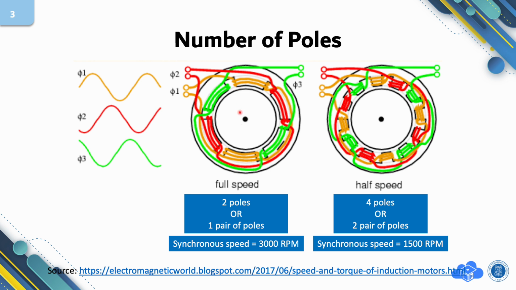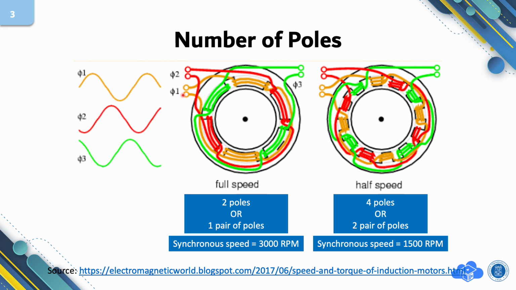For instance, here is the illustration of what we have discussed before. The first one, illustrated by phase 1, creates a winding here. There are some turns, and then it goes to the other side of the motor, creating another winding, another coil, and it ends up here to be connected to the neutral.